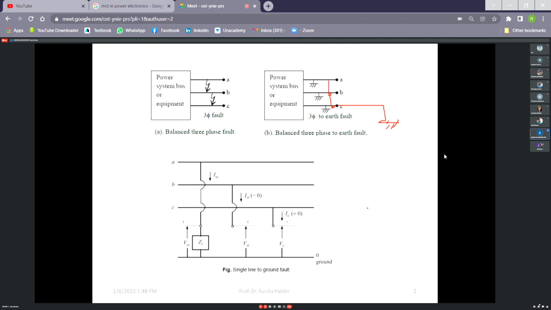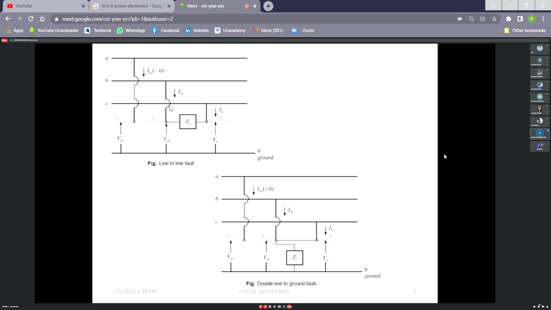Right? And now say if one phase gets grounded, then it is called a single line to ground fault. Now it may be directly grounded, or there may be some obstacles that we may represent by an impedance, that is called Z_fer, the fault impedance. So this is the single line to ground fault. You must interrupt me if you cannot follow.